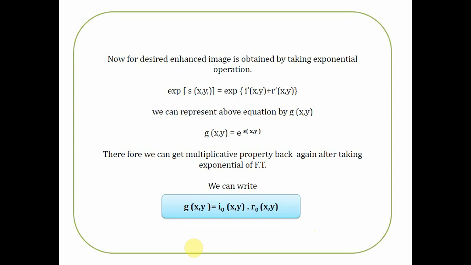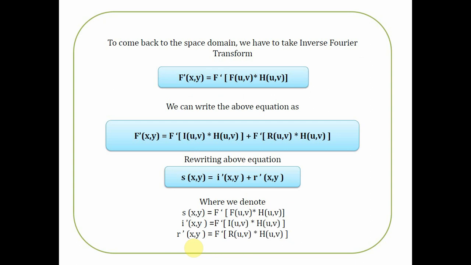Now we got a desired enhanced image. In order to again convert into the time domain, that is, we are looking for f of xy in the form of a time domain signal, we need to take an exponential. So how? By taking the exponential on s of xy,